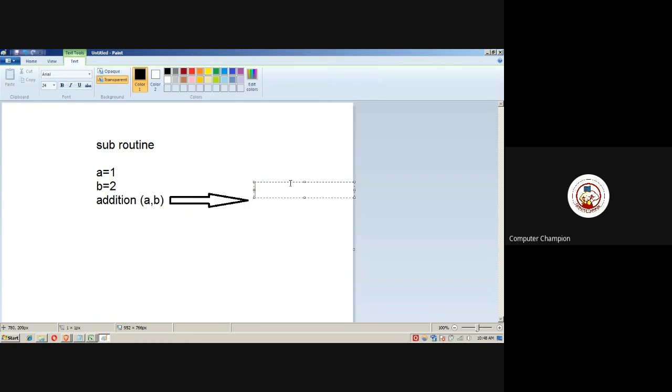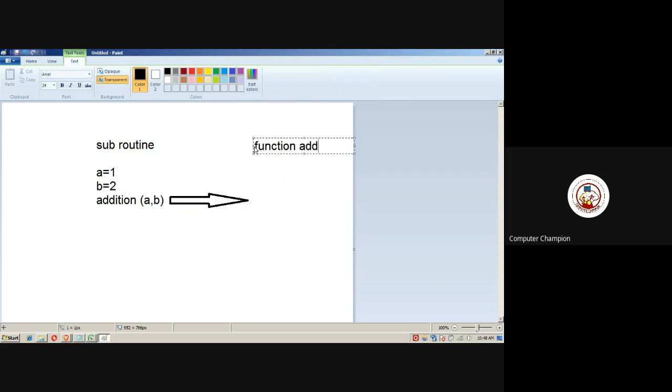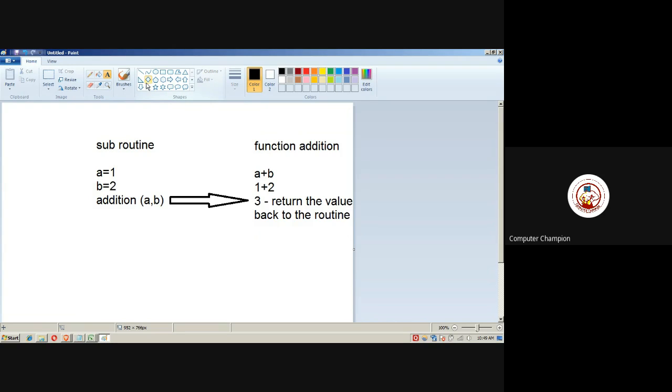This is a subroutine and this is a function. Function addition will take A plus B, which is 1 plus 2, so the return value is 3, which it will return back to the routine. So the subroutine takes the outputs of various functions and can take them together and do operations with them.